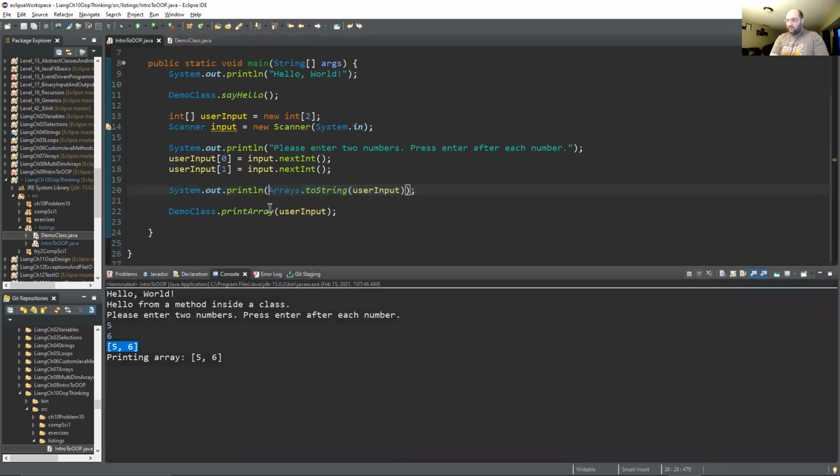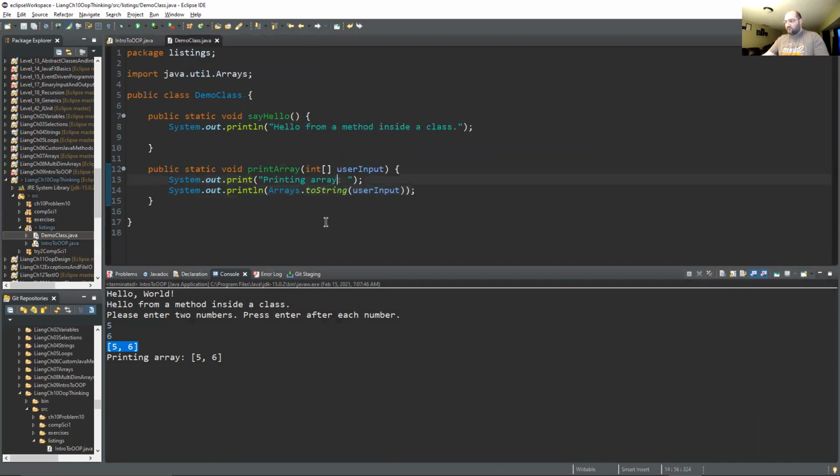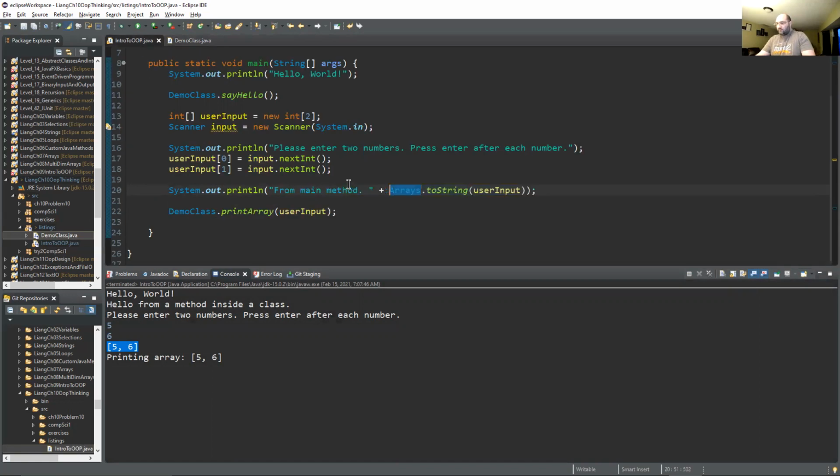So we could say, and just to clean this up a little bit, I'm going to say, okay, so again, we used the class name and then the behavior and then the parameters. Okay, let's do one more thing. Let's say,